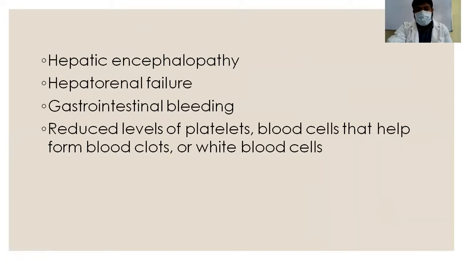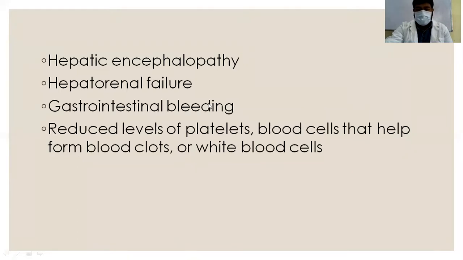Hepatic encephalopathy can occur. How does hepatic encephalopathy occur? See, as we talked, from the GI tract, all the nutrients as well as toxins are coming. So whenever there is any obstruction or any cause that is causing portal hypertension, these are not processed in the liver as they should be. So the toxins are getting built up in the blood, going into the systemic circulation, and they can cross the blood-brain barrier, and this increased load of toxins after crossing the blood-brain barrier can cause encephalopathy, hepatic encephalopathy. Okay, hepatorenal failure can occur, and gastrointestinal bleed.